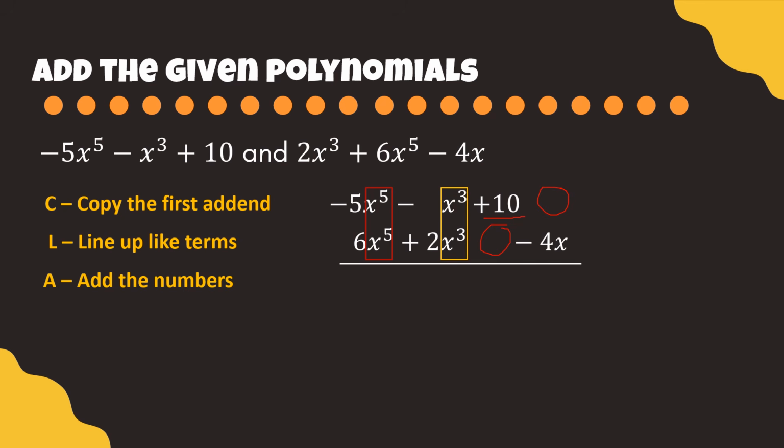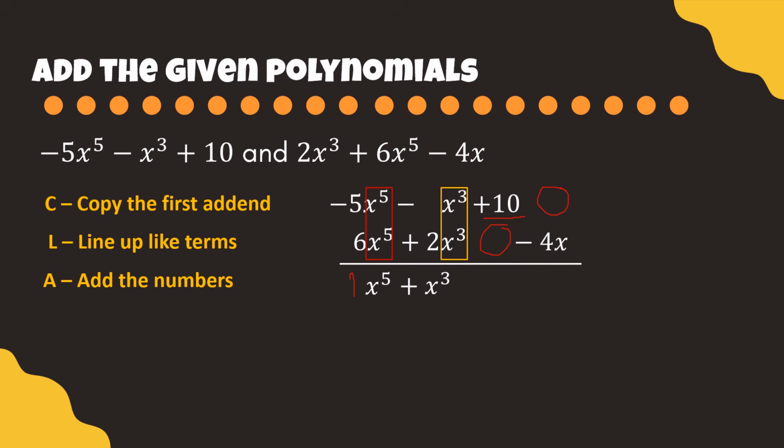Add the numbers. So by applying how to add integers, we have negative 5 plus 6. Again, numbers with different signs, we are going to subtract them. That is why we have 6 minus 5 is 1. And adapt the sign of the bigger absolute value. So, we need not anymore to write positive 1 since it is understood that it has already a coefficient of 1. So, we are just going to simply write x raised to 5.